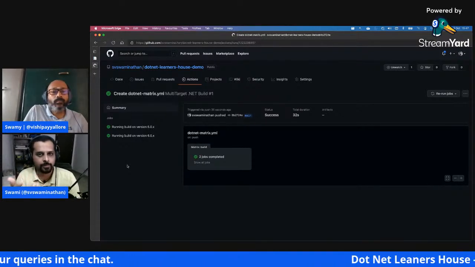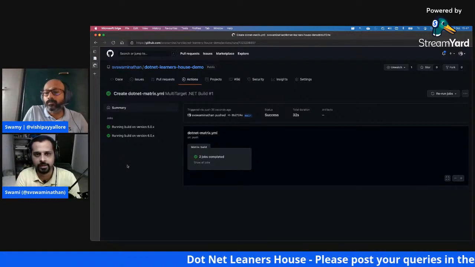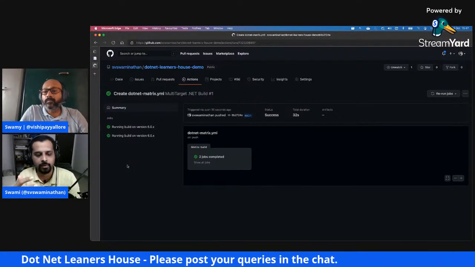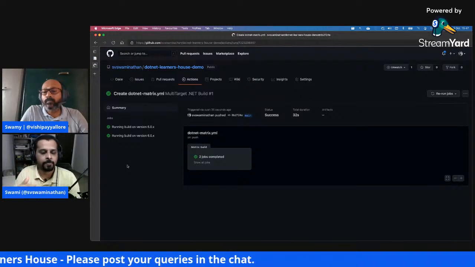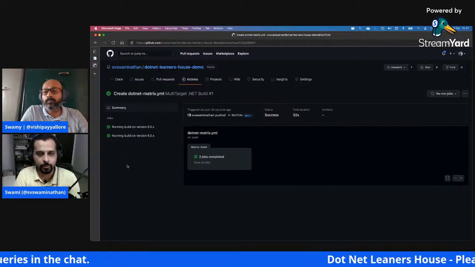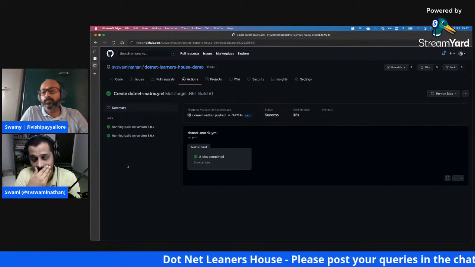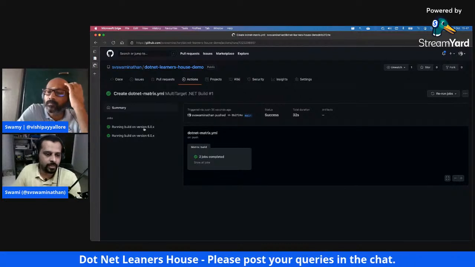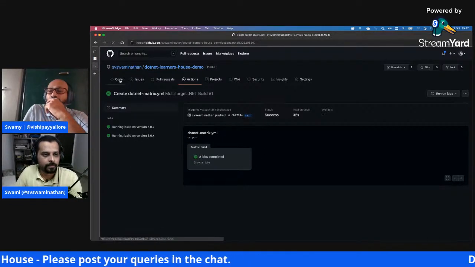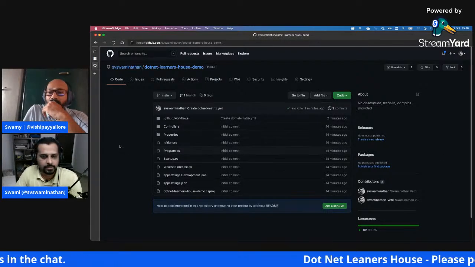Let's say if you're building a cross-platform application, you can also run it on Mac, and you can run it on Windows, you can run it on Linux. It spins up all of these three different runners, and then your application would get built in all these different variants as well. When you're running automation tests, for example, if you're building a cross-platform mobile application, you can run for iOS, you can run for Android or whatever. So there are a good number of possibilities if you're using matrix-based builds. So that's around the matrix setup.